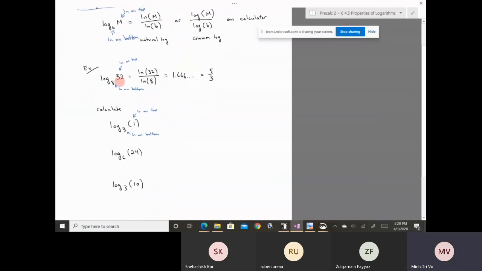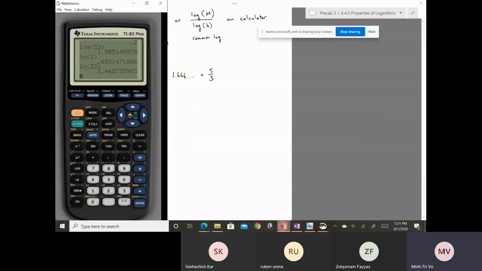Like in this example, where I'm asking you to calculate log base 8 of 32. Again, I prefer to use the natural log, so when you write it out, the number that appears here, you calculate the natural log on top, and the number that appears on the bottom, you calculate the natural log on the bottom. And so when you punch it into the calculator,